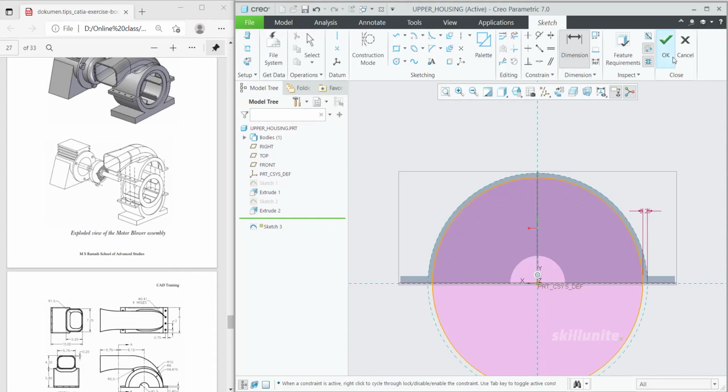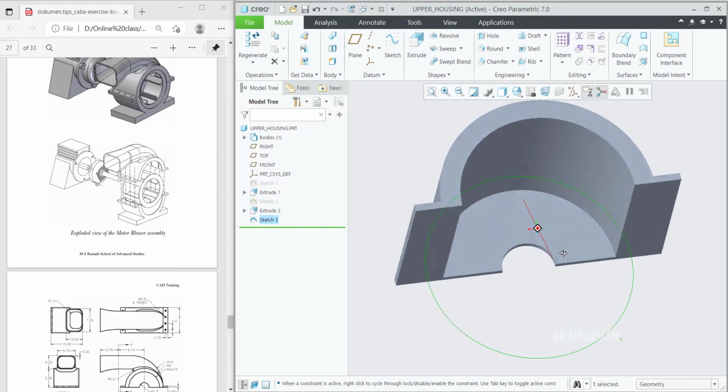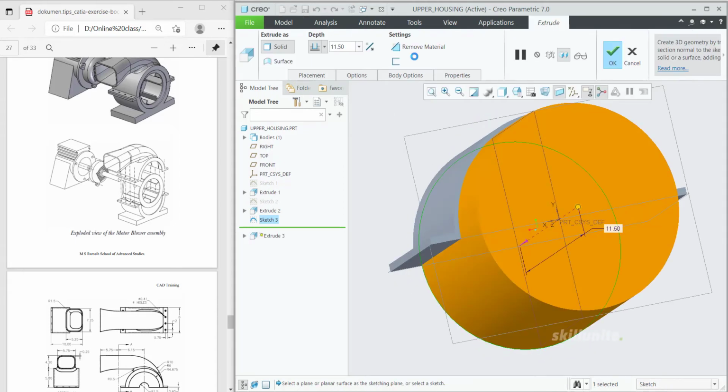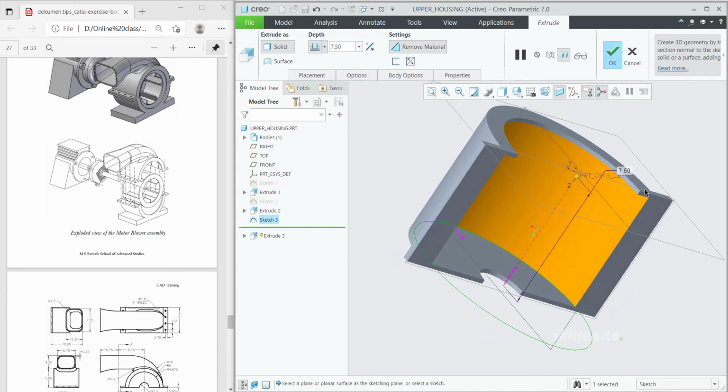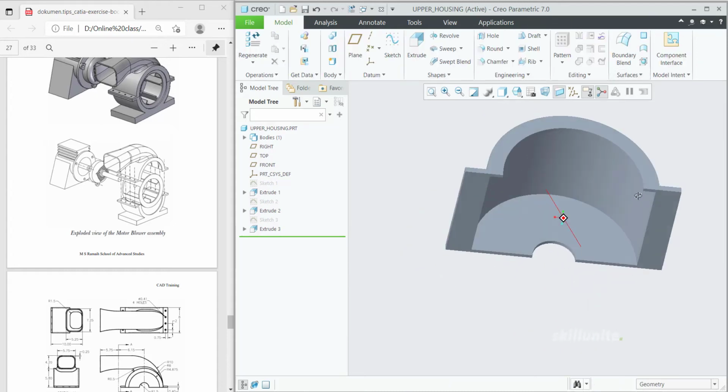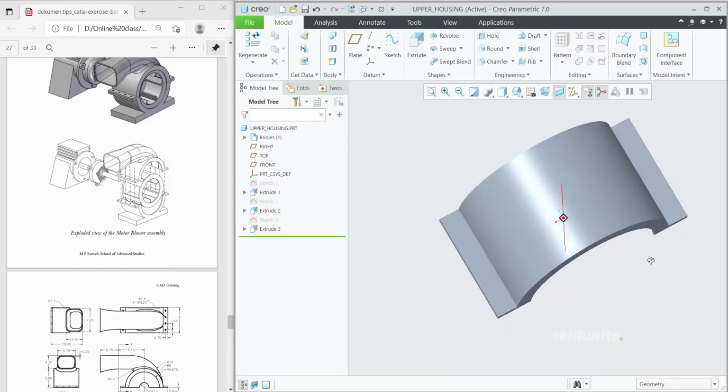Create a full circle also, no issues. So then click on extrude, click on remove material, but choose total is 8 mm, but already we have left 0.25 over there, so here also we need to remove 0.5, so total it should come up to 7.5. So then you will get a 0.25 mm variance over here. So like this we have created this shape, so this is fine now.